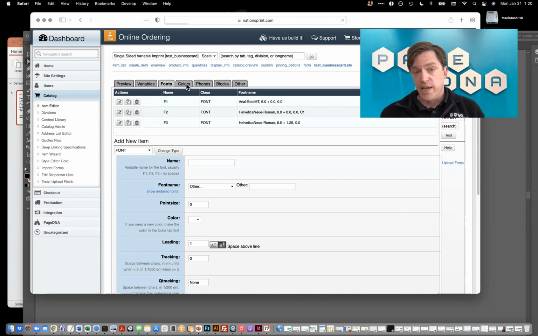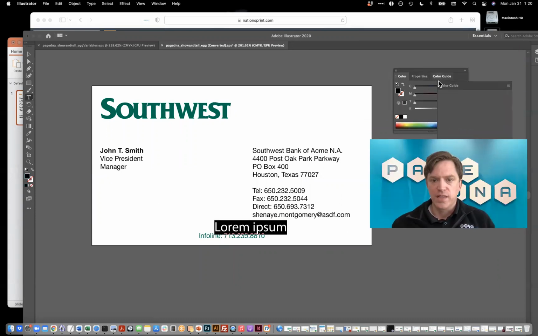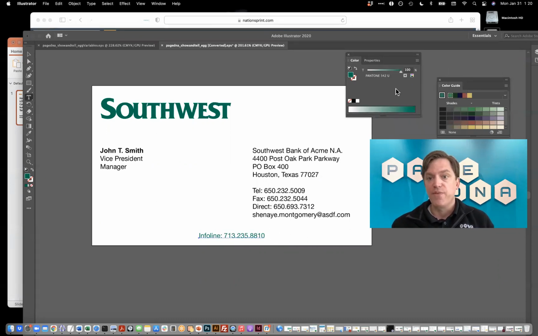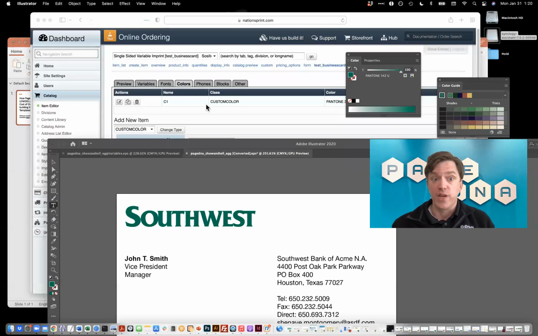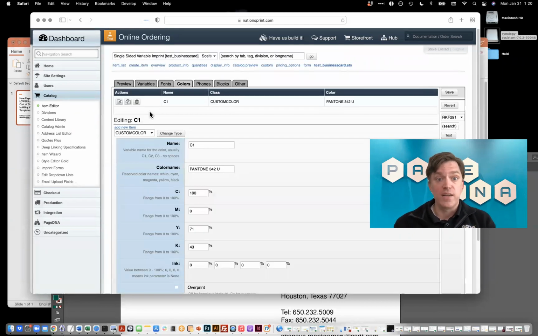Let's go over to the colors tab. Now, you may not have noticed it, but I'll draw your attention to it now. There is a color on here. We have a Pantone color here in this case. This green color here is Pantone 342 uncoated, and that was uploaded in our original file to PageDNA. And here it is, lo and behold, PageDNA has actually eyedroppered the Pantone color and converted it to CMYK,